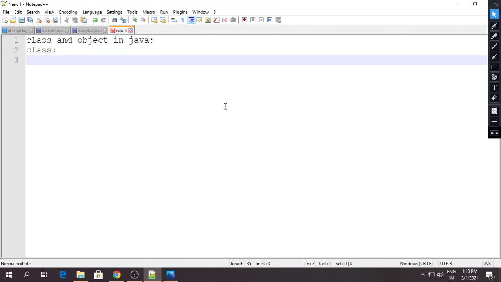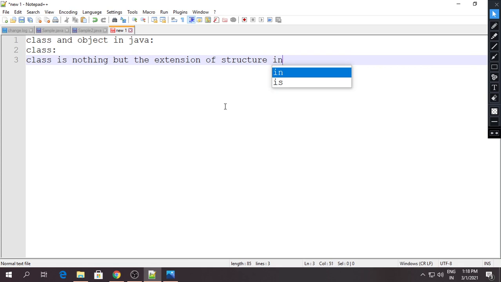So basically, class is nothing but the extension of structure in the C programming language.